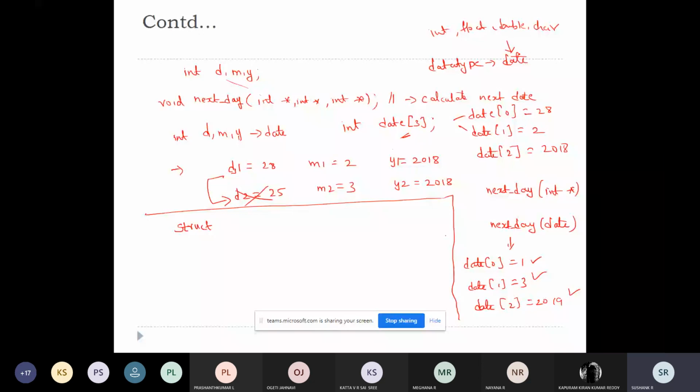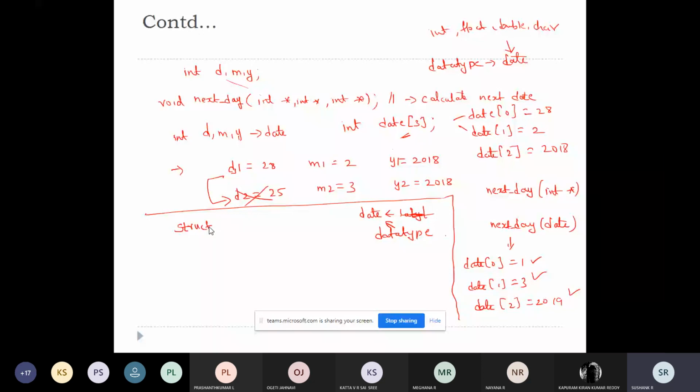So in order to overcome this problem, we can create a data type called date by using structures. Using a structure, you can create a data type called date.